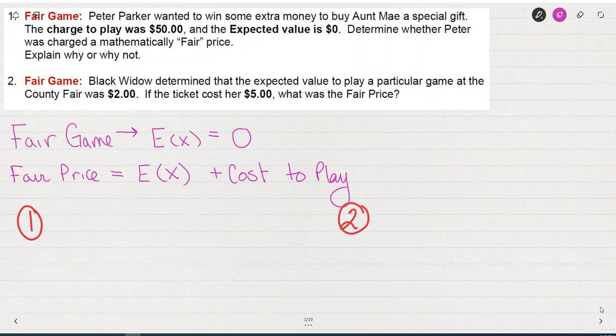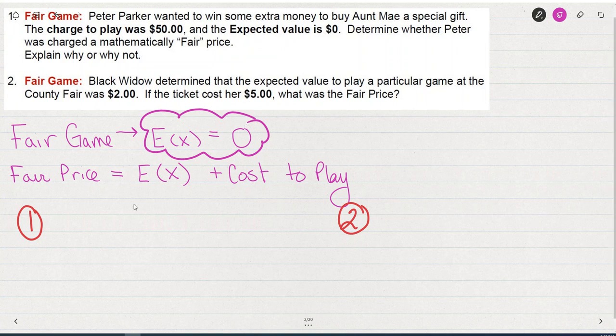The first two questions have to do with a fair game. So let me explain fair game a little bit better. A fair game is a game where the expected value comes out to 0. In other words, both the player and the owner of the game come out even. No one's coming out ahead. So the fair price is going to be, or let me go back and say, a fair game is a game where